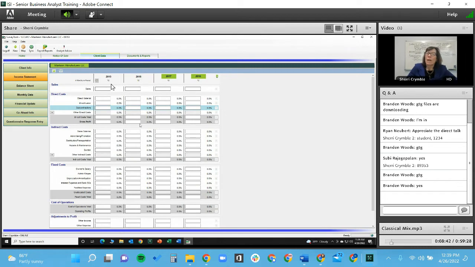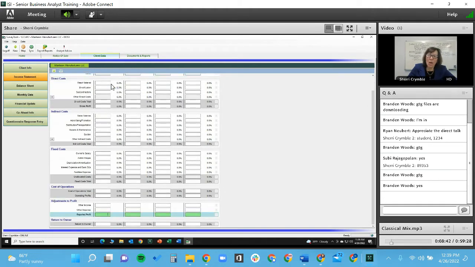Okay, now, I'm going to show you some other things. When you input a number, you always input the number. But if it's negative, you put the negative sign after. So let's say that there's a loss. Then you would put,